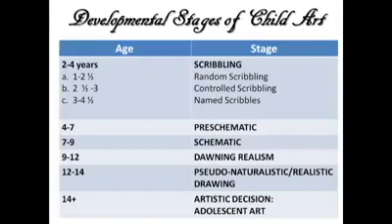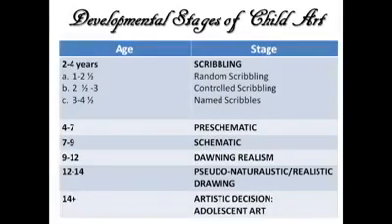Next age is 4 to 7, and its stage is pre-schematic, and its characteristics are: develops a set of symbols to represent concepts, may not resemble or be proportional to real objects. Learns that a picture communicates to others, begins to value his product. Next age, 7 to 9, under the schematic stage. Drawing shows concept, not real images. Base line or the skyline appear. X-ray drawings appear.